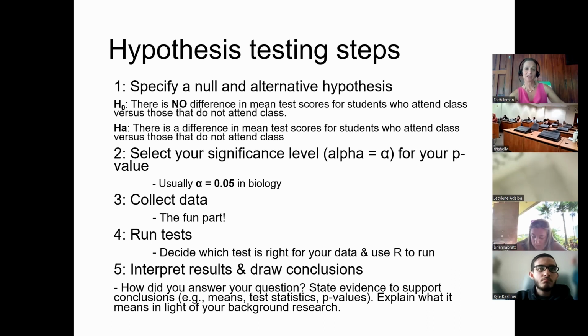The next step is to select your significance level, your alpha. We call it an alpha, and we use the Greek letter alpha for your p-value. It is customary in biology to use an alpha of 0.05. That's our cutoff value. Now, this cutoff value is essentially arbitrary and can vary from field to field. It can also vary based on the kind of data you're collecting or on the number of tests that you do. We will use a p-value of 0.05, an alpha value of 0.05,